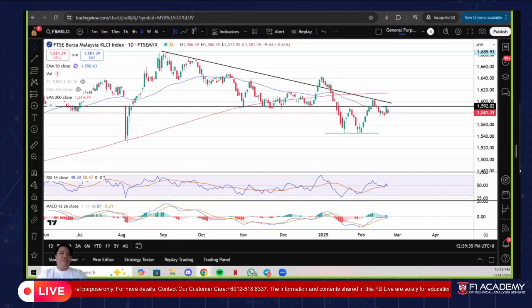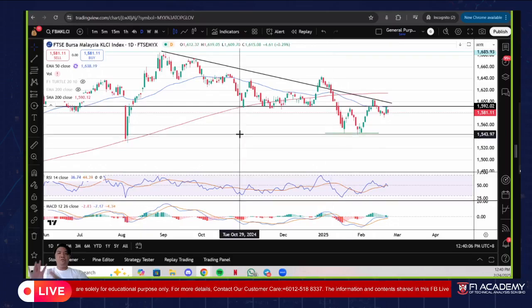I'm going to help you not catch a falling knife, because I know a lot of people like to catch falling knives. Honestly, I have. Anyways, sorry, there's a little bit of lag. I'm going to leave this screen on, as you can see, the whole KLCI. We need to think as a whole, at least for the current period, okay?